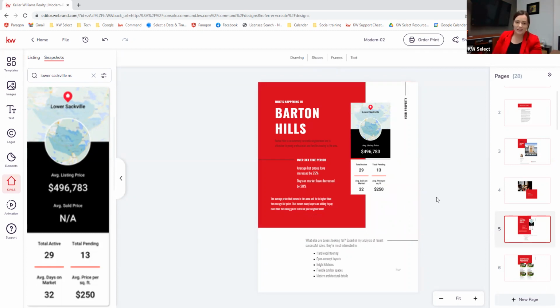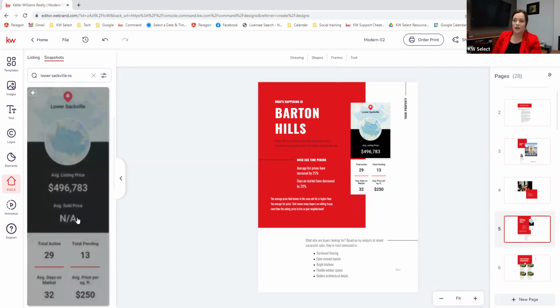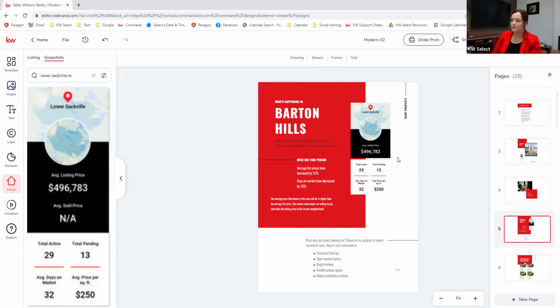That's the best workaround I can suggest if you want to use that, if the neighborhood does exist that you're trying to highlight and you want to hide that not applicable for the average sold price. You could also go find the average sold price and put a text box over that not applicable and fill it in if you did want to highlight that. Okay. Again, we just double click on any text if you want to change it. So change this to